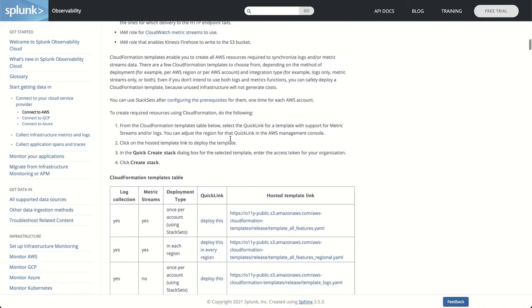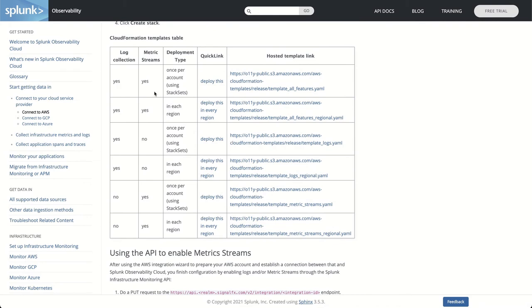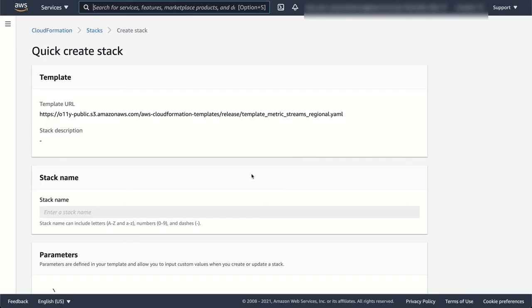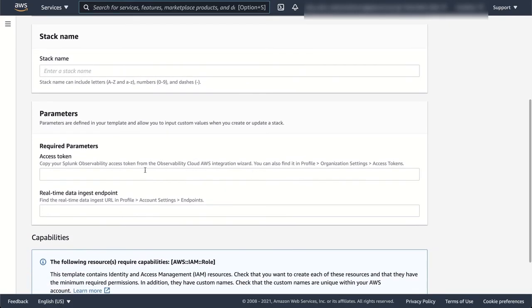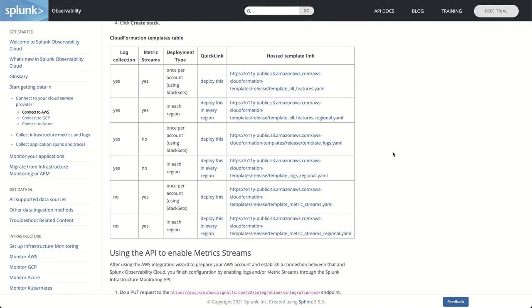Let's go and take a look at this list, which is available in our documentation. So it is region specific. You can create per region or multiple regions using stack sets. In this example, I'm going to create in each region that I have deployed. And I'm going to click on this. It will take me to the CloudFormation template. And I will provide here the access token that I got previously and the real-time ingest URL. As one final step,